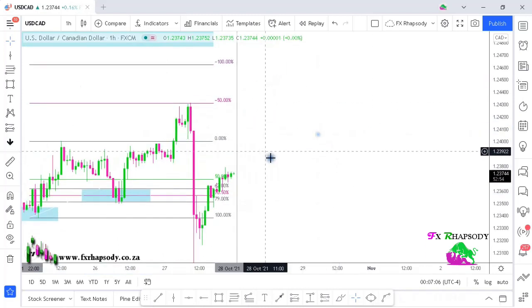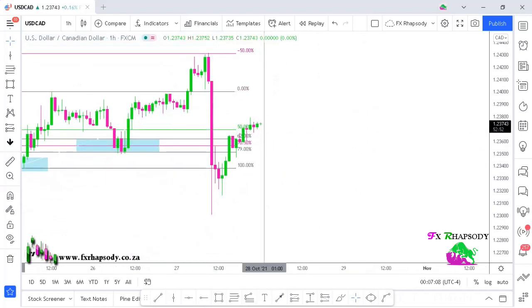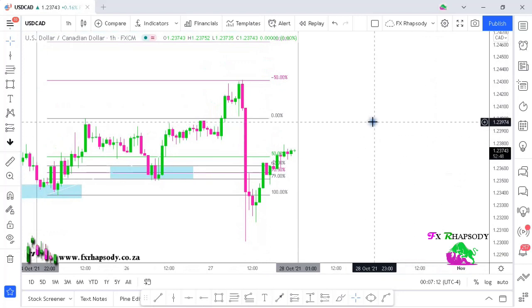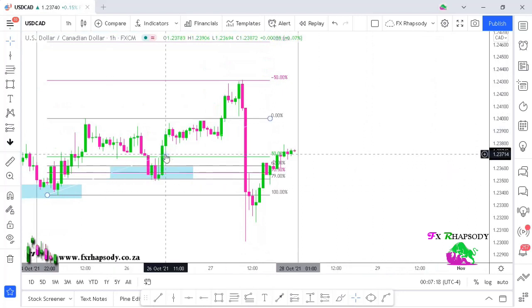Now, the reason for this drop. Guys, when you trade currencies or any other pair, just always be aware of the news. I mean, do not throw news away. Every day I start off my day by looking at what the news is going to be for this day and for the week ahead, especially those high volatility, high